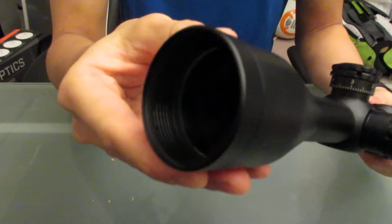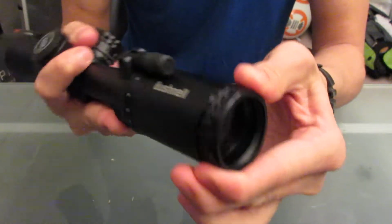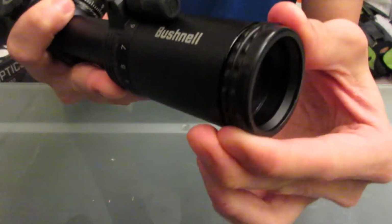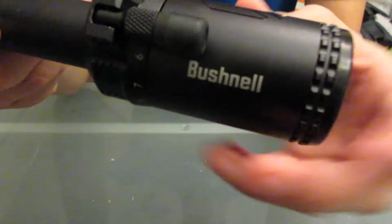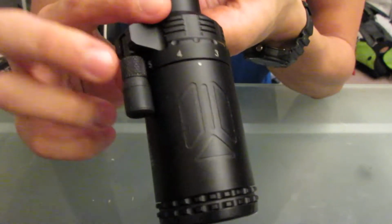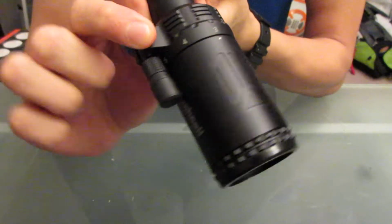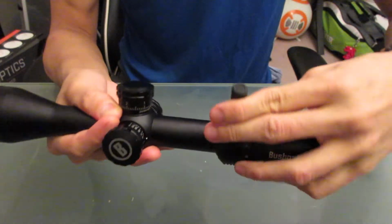Looks to have a bit of threading on the objective lens here, or I guess on the scope body, so you could probably put a sunshade on that. Quick focus eyepiece here with some knurling on it. Again, you get that kind of nice machined out logo or design, and of course you got the Bushnell logo on the side there. This bezel here turns for magnification, of course, and with this new throwdown lever, it's really